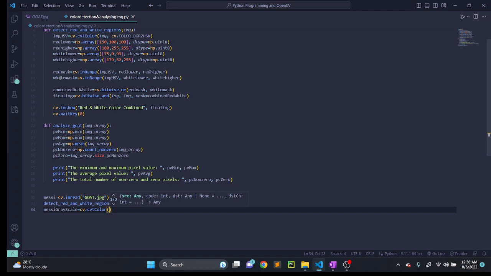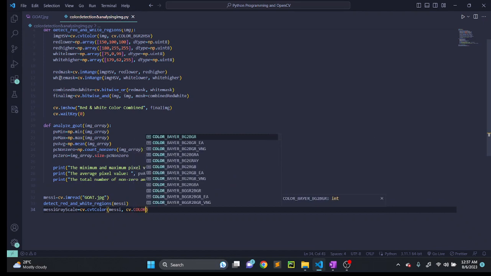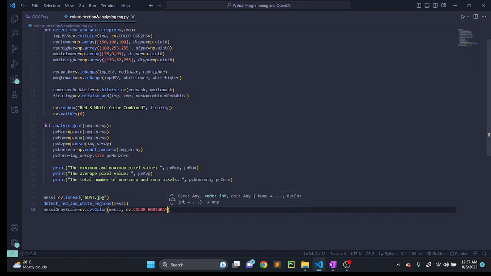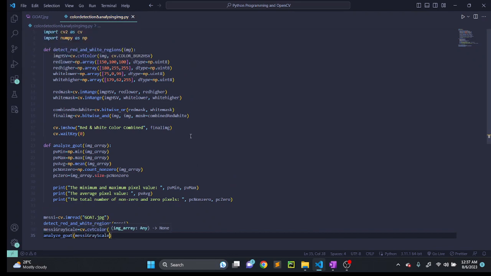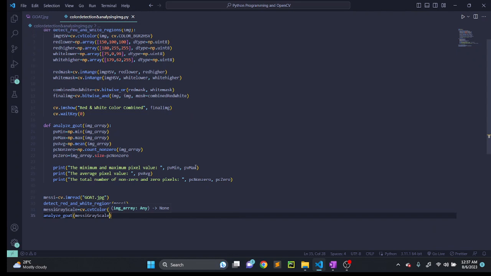So the image is Messi and I need to convert it from BGR to, in this case, gray. All right, and finally in our last line of code I am going to pass this image array, the grayscale image, in our analyze function, that is Messi grayscale. Okay, let's cross check the function. Hmm, I don't see any fault here. Yeah, so let's run,